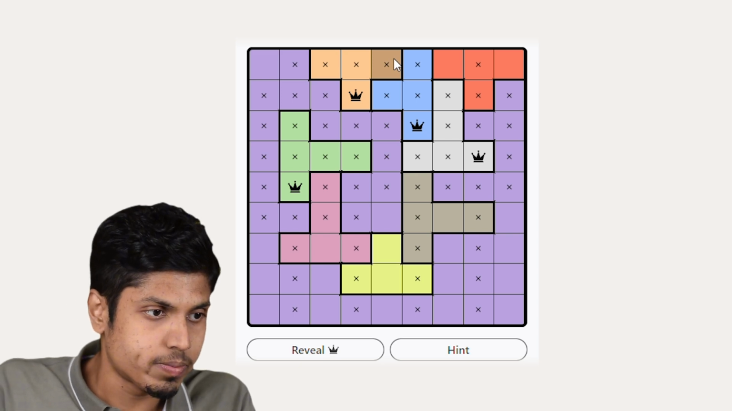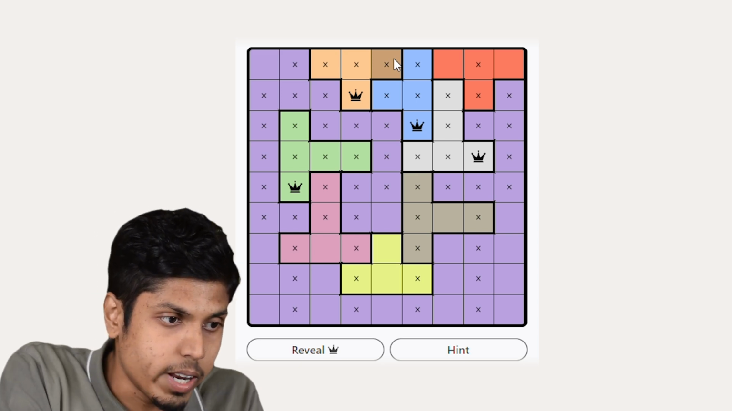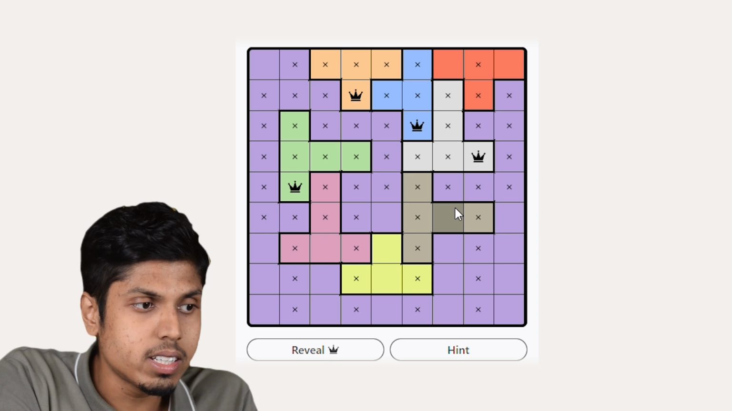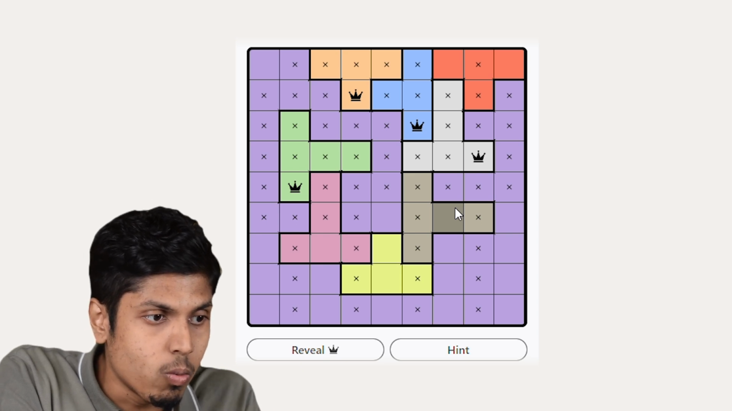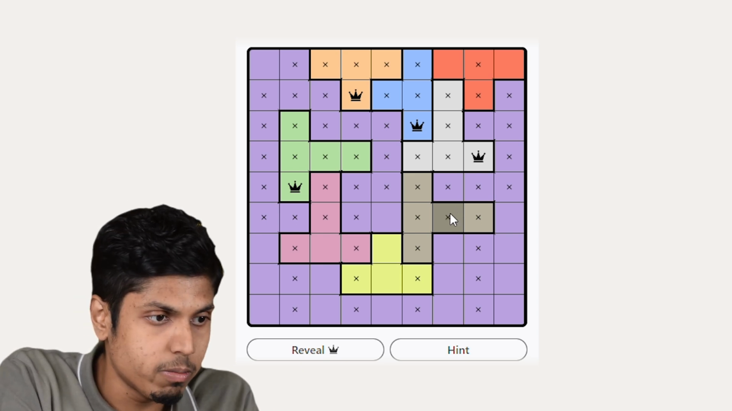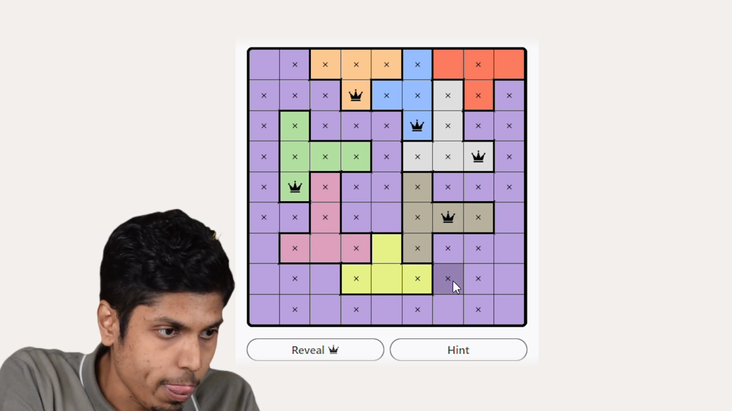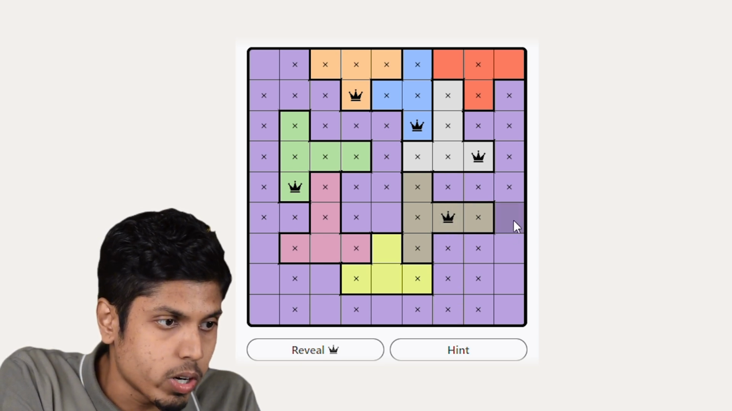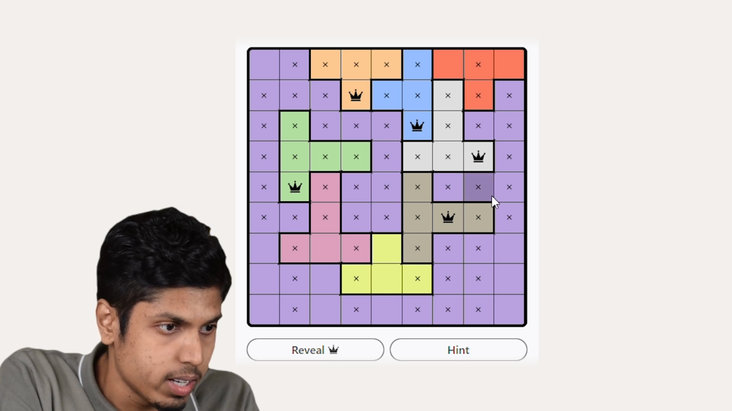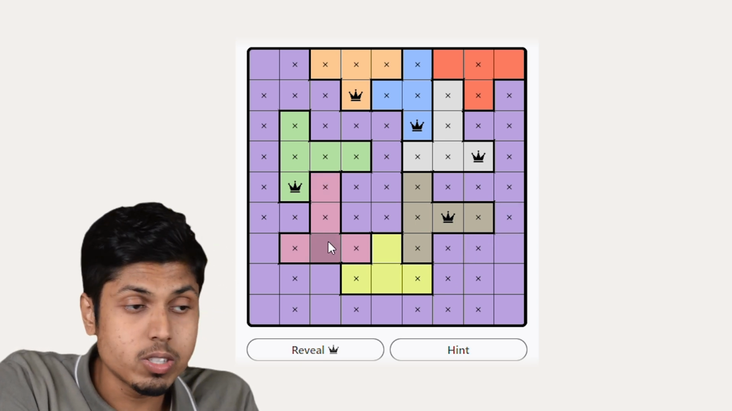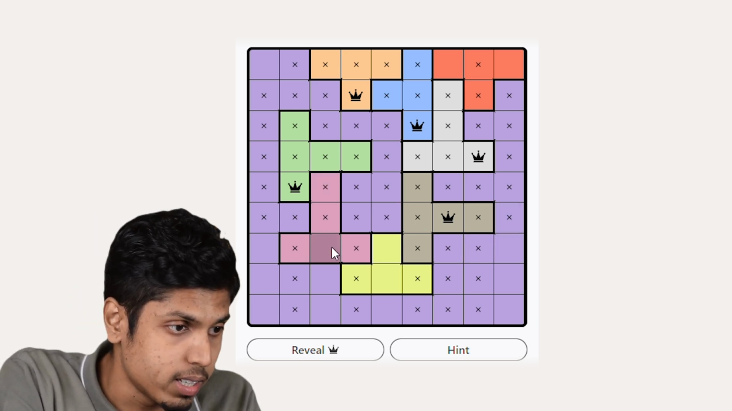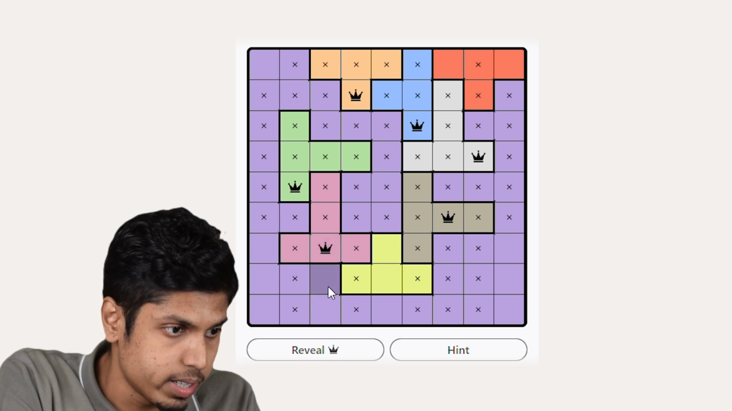So moving on to the gray region, you can clearly see that there is only one cell remaining. So let's fill it up with the crown. So that will make corresponding row and column to be abandoned. And even in the purple region, there is only one cell remaining. Filling it up, we will get